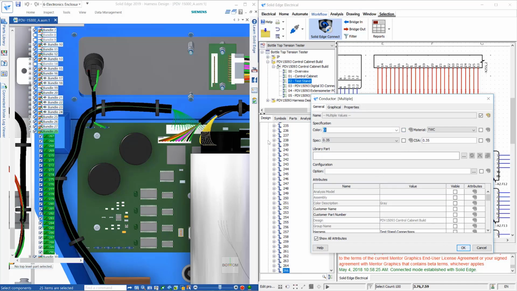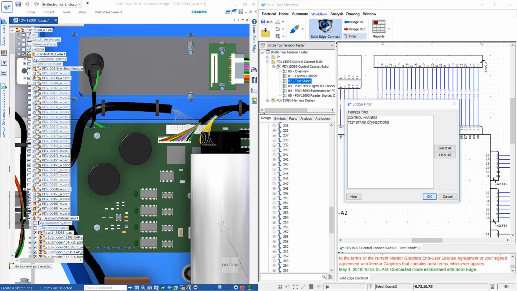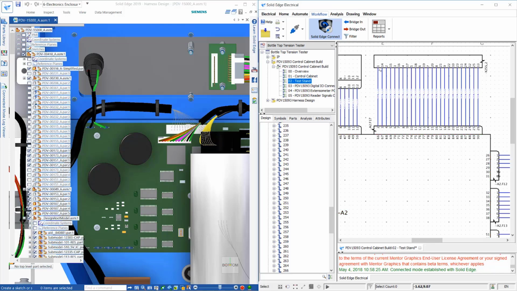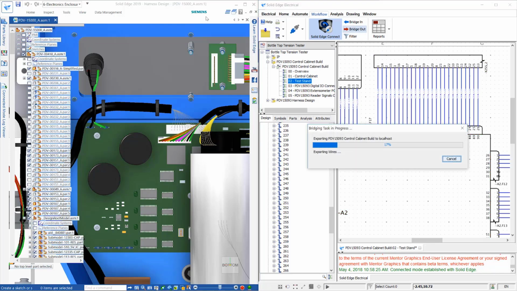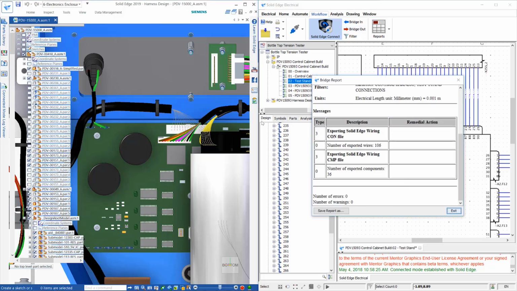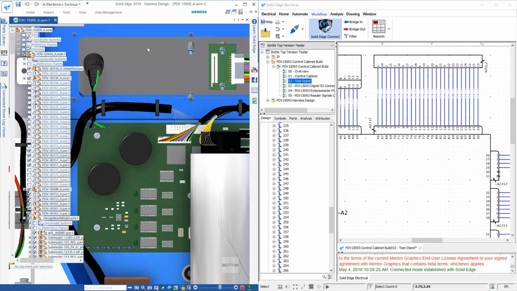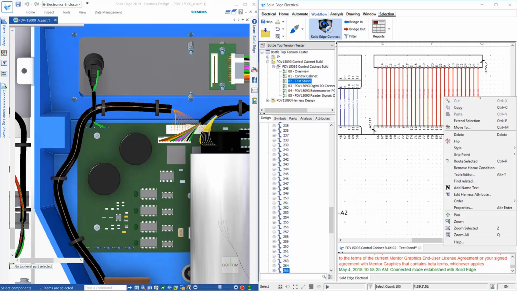Additionally, any changes made in either environment will transfer across, such as changing the color of these wires in the electrical environment. These changes can quickly and easily be sent to Solid Edge in order to update the harness. Also, wire lengths will be transferred from Solid Edge so that it's possible to properly analyze the impact on wire and gauge or fuse size and to calculate the voltage drop, as these will help reduce costs and trap any